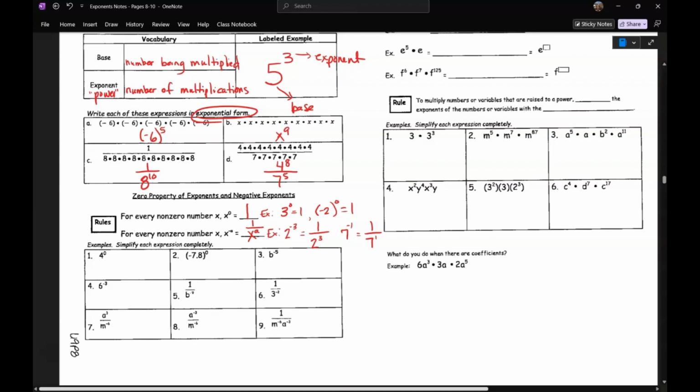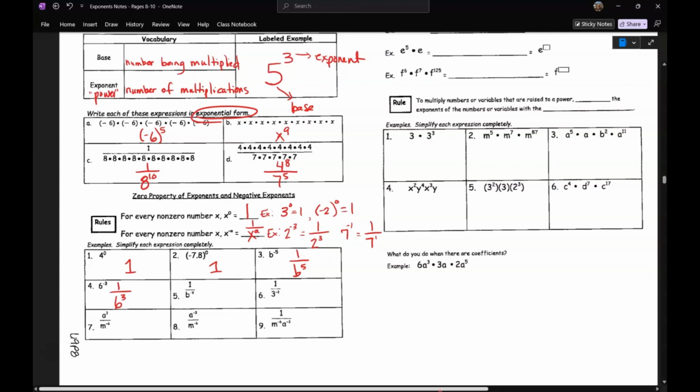So for this next section, we have to either simplify or evaluate. So any number to the 0 power, we just saw that that's going to equal 1. Same thing for number 2, even though there's a decimal there, that has an exponent of 0, so that's also a 1. Anytime we have a negative exponent, that means the reciprocal, so that would be 1 over b to the 5th. And notice how we drop the negative there. 1 over 6 to the 3rd would be